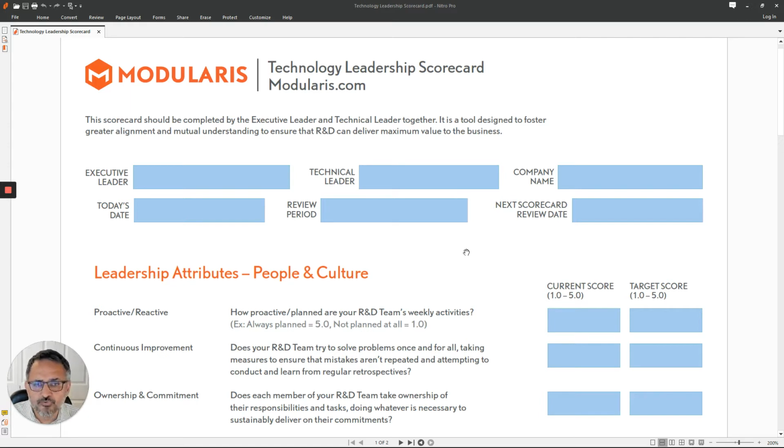This is a quick walkthrough of our technology leadership scorecard. We developed this scorecard specifically to help software business executives or PE fund managers better understand, measure, and incentivize their software R&D technology leaders. Well, what we found is that CEOs have no problem developing scorecards and measuring and incentivizing